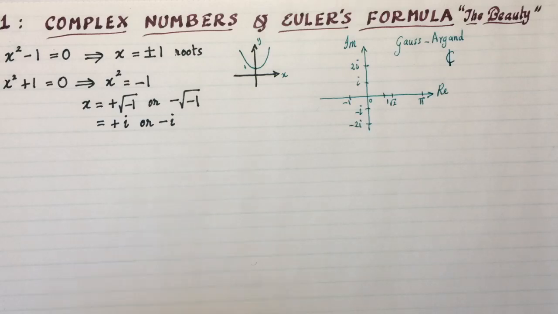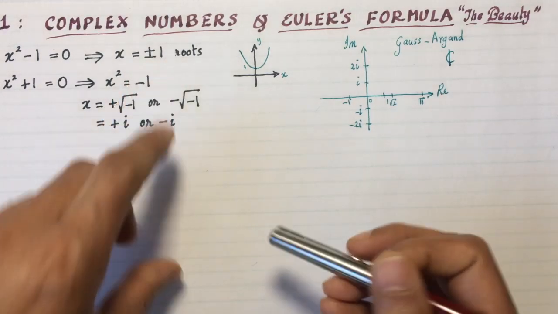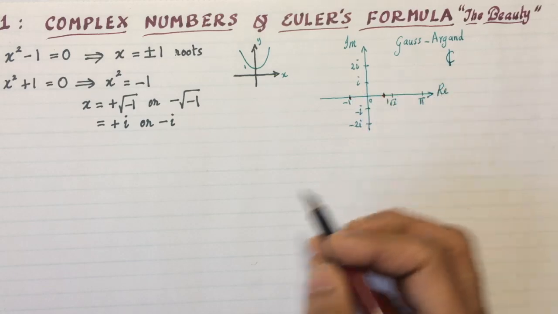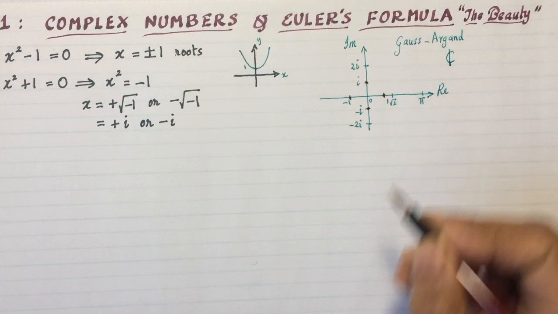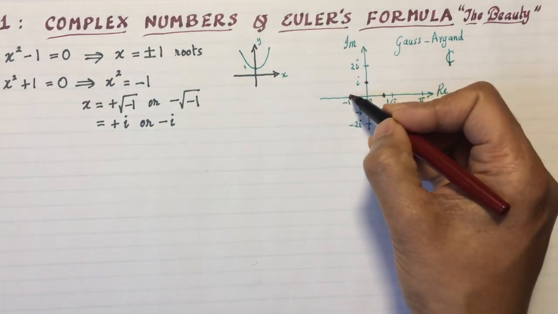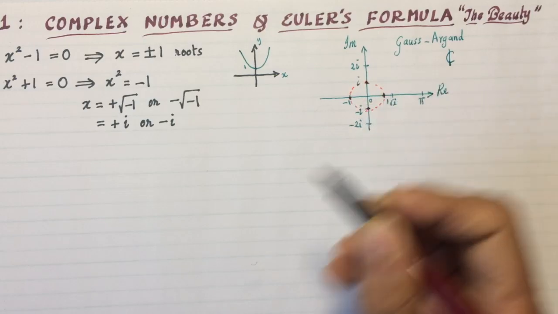Now, any complex number can be represented in this complex plane. Let's try to represent these solutions. Plus and minus 1, well, that would be these two. And plus and minus i would be those. So you see they lie in a nice little circle of radius 1, and that's a nice way to visualize